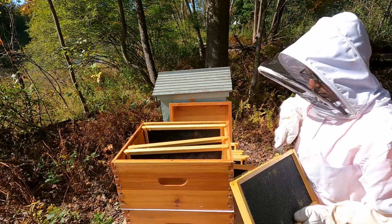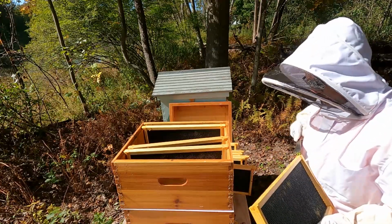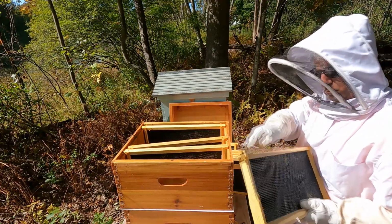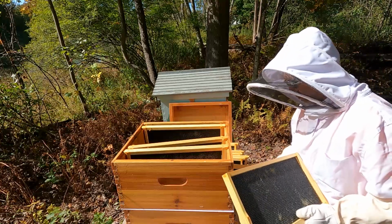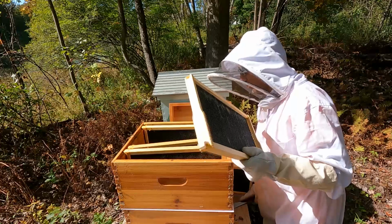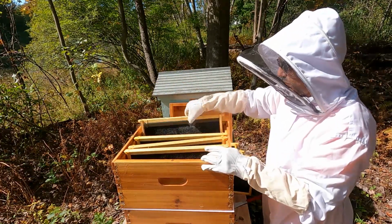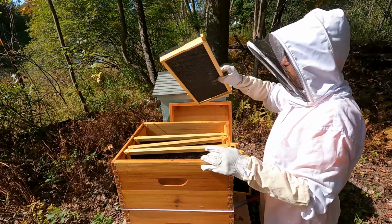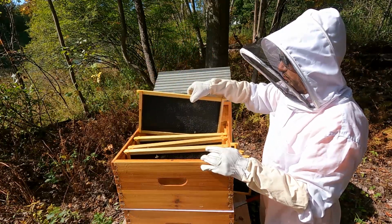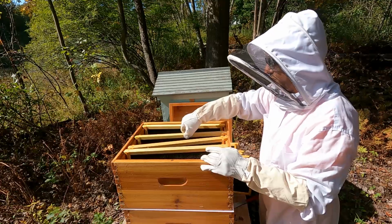They have water. They're right on the pond here. They have access to flowers and trees. This is a very lush area. So I'm very confused why this year has largely been a failure in the bee world back here on my farm. I mean, I say failure in air quotes because I did collect some honey, which is good, but